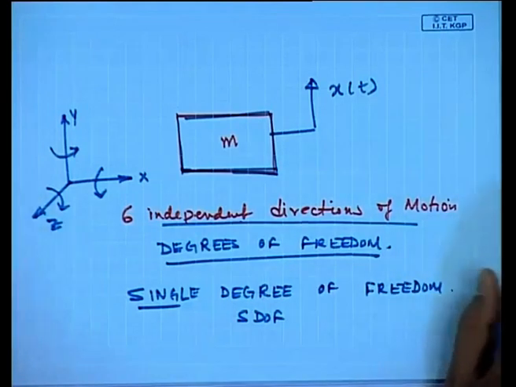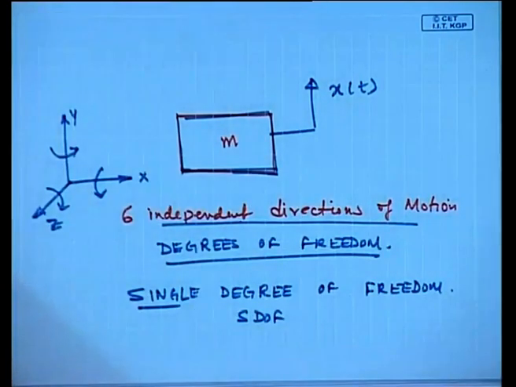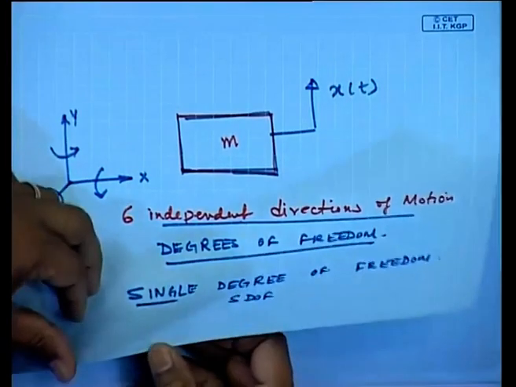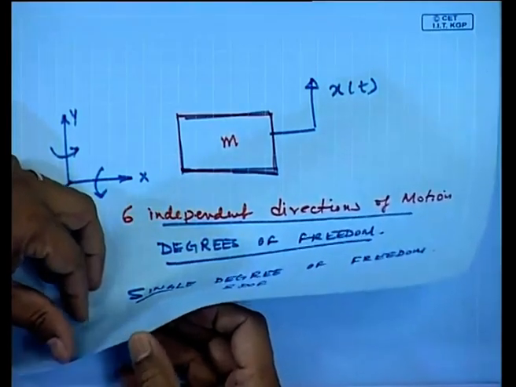So, if we look into this diagram over here, this body has a mass m, and though I have shown the direction x coming down, this body could very well be supported